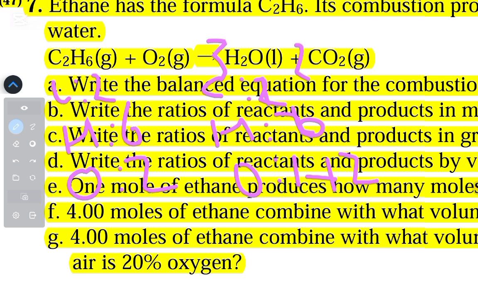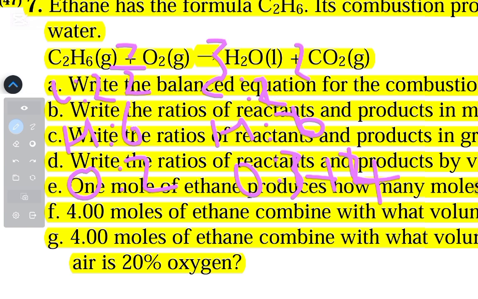That makes oxygen on this side 3 plus 2 times 2, so 4, that's 7 on this side, while there's only 2 on the other side. So to make it even, we know O2, we can multiply that by 7 divided by 2, which is 3.5. But then if they're going to want it in integers, as in whole numbers, smallest whole numbers,